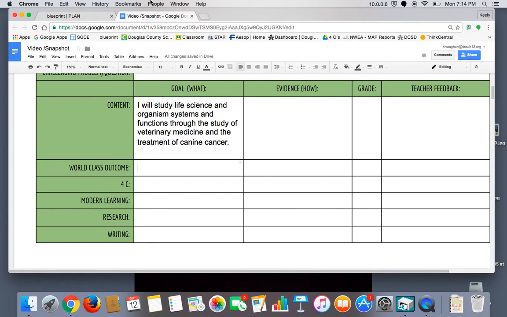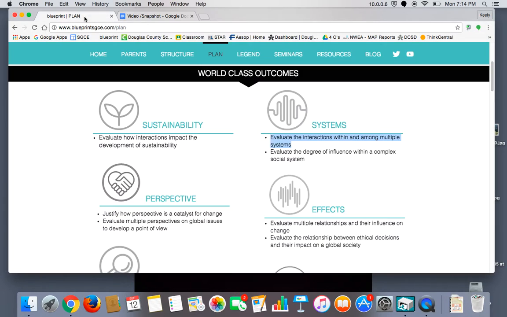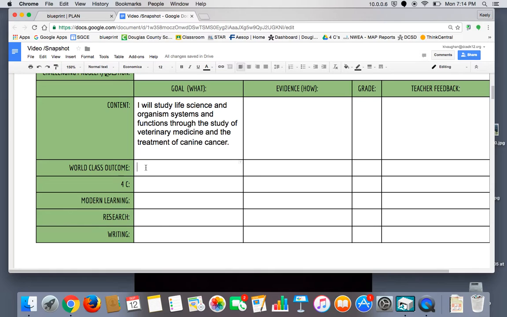So again, I've got my snapshot tab open and my Blueprint website, blueprintsgcu.com. I'm specifically going to be looking under the planning stage because that's going to help me find the information that I need. Okay. So again, looking for a world-class outcome, if we think about the content as the foundation